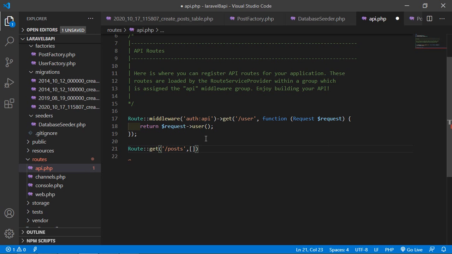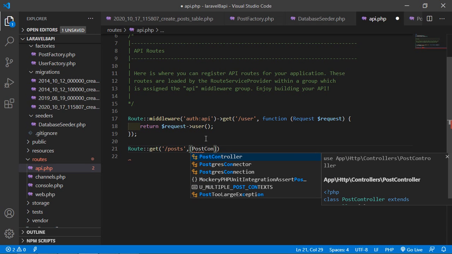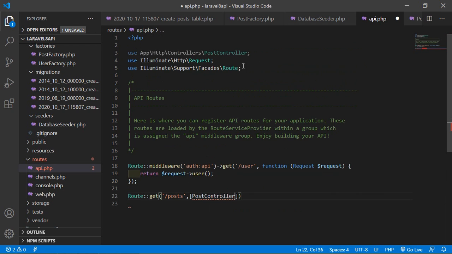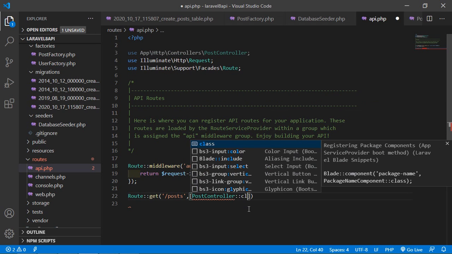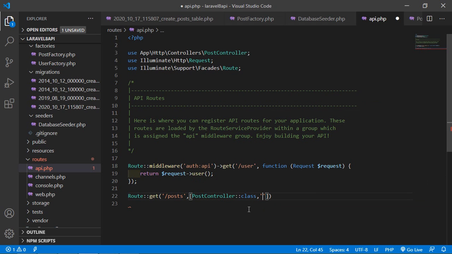Alright, and inside this array, just write here the post controller, and also add the path of the post controller like this. Alright, and now ::class, and just add here the function name.